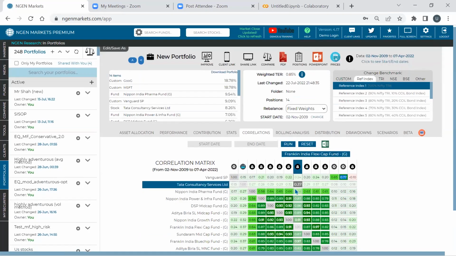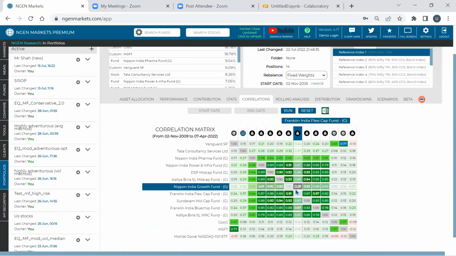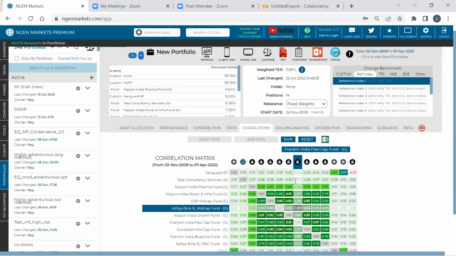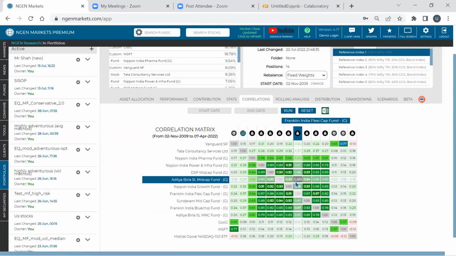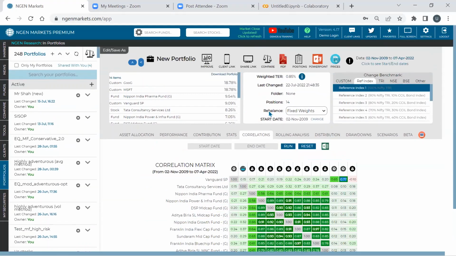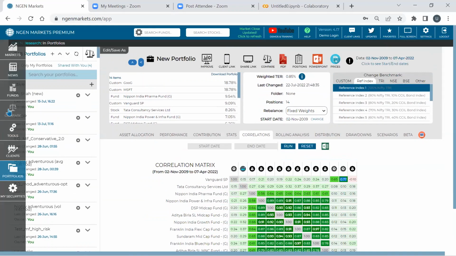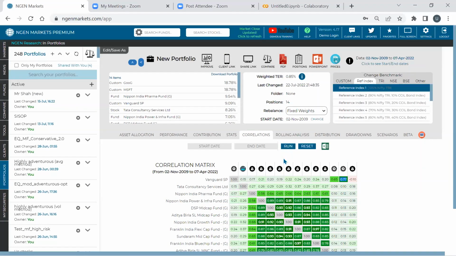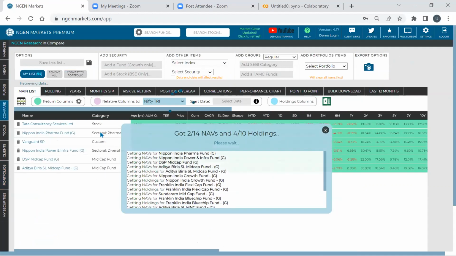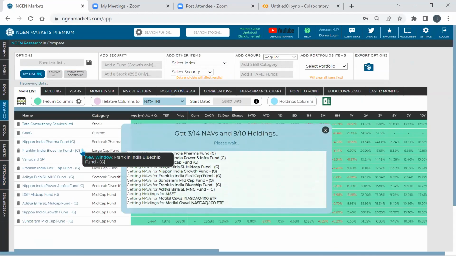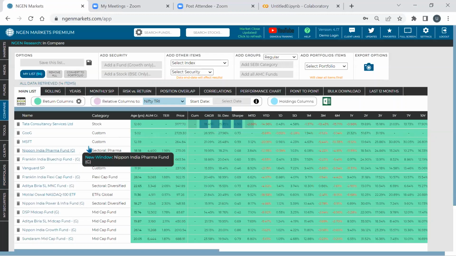Now we have also added one important function, which is to add all the custom securities, plus stocks and mutual funds, directly into the compare section. As you all know, the compare section is a very powerful function. All you have to do is click on compare. That's it. All the custom securities, all the funds, all the ETFs, whatever you have added, is onboarded into